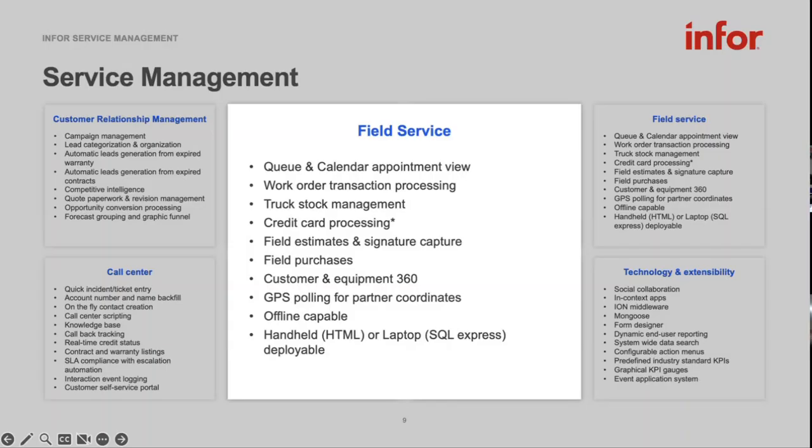They can log in to the mobile device. That could be a tablet or a smartphone. If you're using Apple devices, then you can go to the App Store, search for Infor, look for the service app, download that, and once that's activated with credentials, your technicians then can update the work orders assigned to them